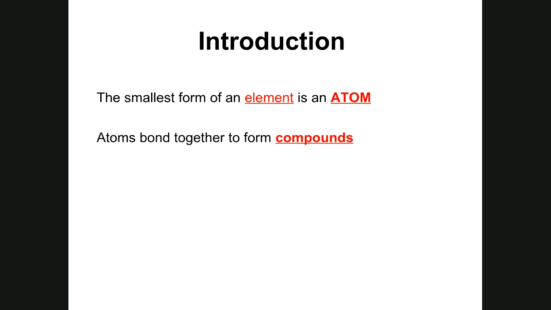A compound or molecule has to have at least two identical or different elements. Two or more can come together, like a molecule of glucose, for example,